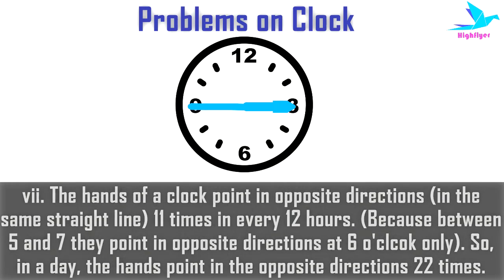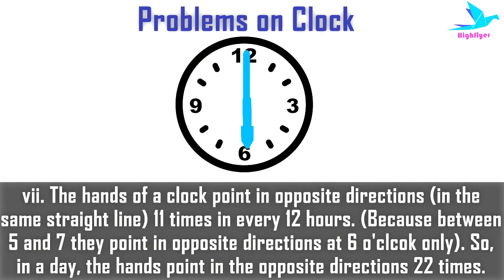Next concept. The hands of a clock point in opposite direction, that means in the same straight line, 11 times in every 12 hours. Because between 5 and 7, they point in opposite direction at 6 o'clock only. So in a day, the hands point in the opposite direction 22 times. So every hour, there is a moment when both the hands are at 180 degrees to each other, except between 5 to 7. This is the only span when they are at 180 degrees only once in between those